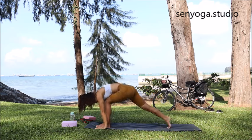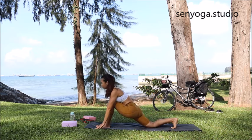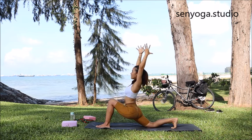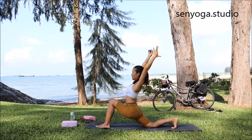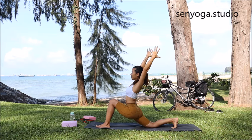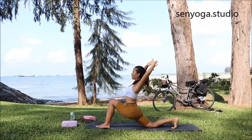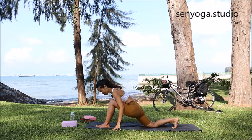Now step your right foot back. Lower the right knee down to the ground. Good. I'm gonna inhale, raise the arms up into the sky, stretch it up, and then keep here for 5, 4, 3, 2, and 1. Good. Exhale, bring your hand down to the ground, and then we'll continue to stretch your hamstring